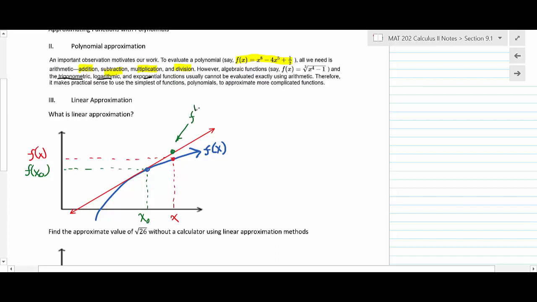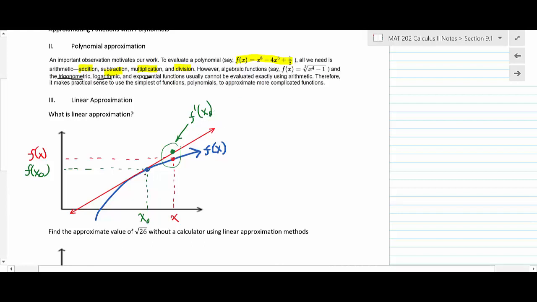That would be f prime of x right there. They're relatively close to each other. They're off a little bit, but they're fairly close to each other. Do you agree with me on that? Okay. So the idea is, and this is really f prime of x, and then this right here would